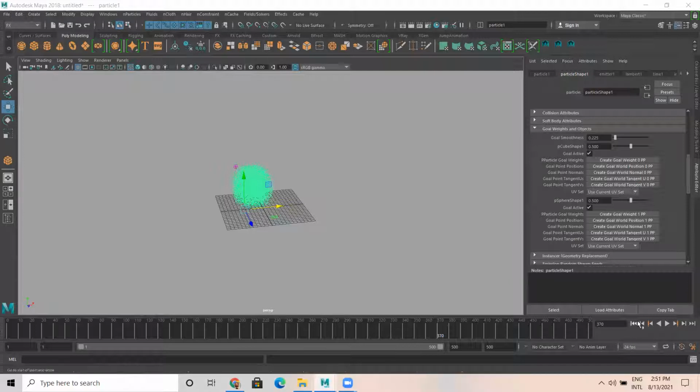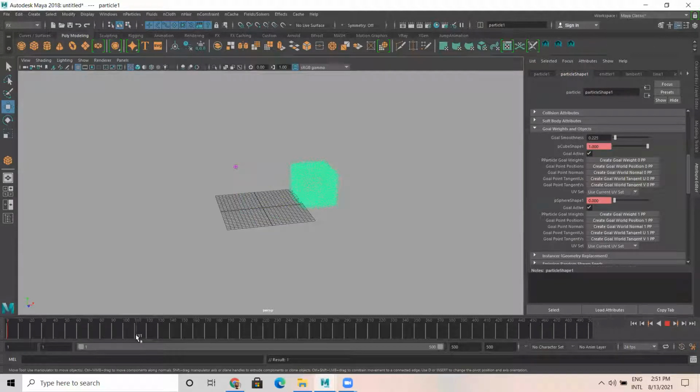So how do I do that? At frame one, let's say the polysphere I make 0 and the polycube shape is 1. I right-click on the polycube shape, set key, so it's 1 here. Polysphere also, I give set key, it is 0 at frame 1.